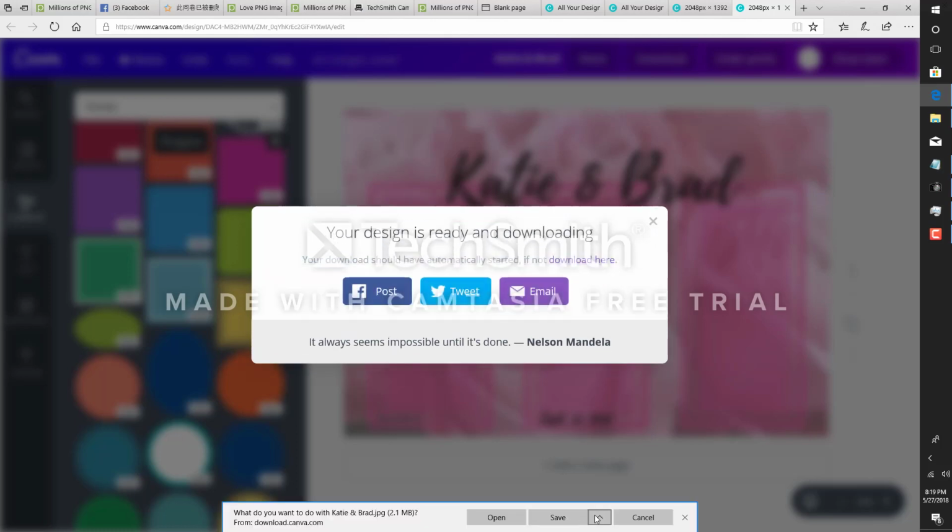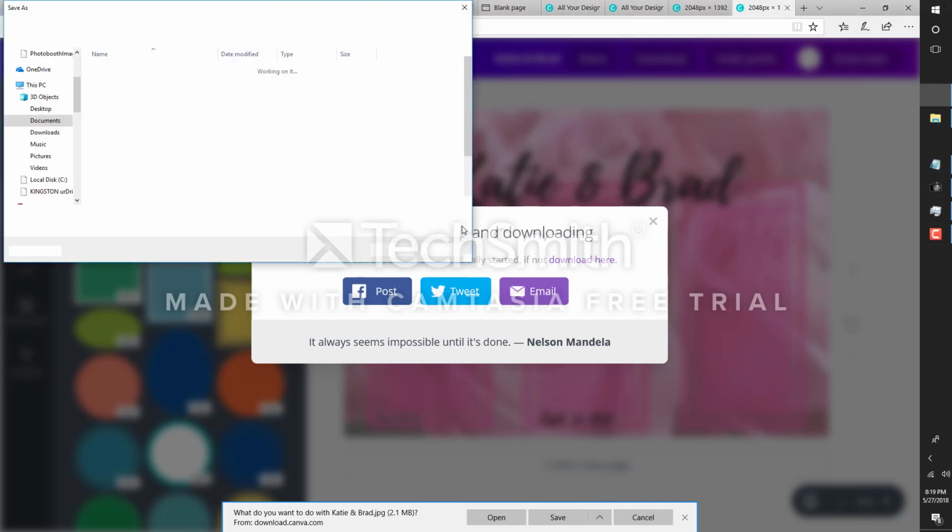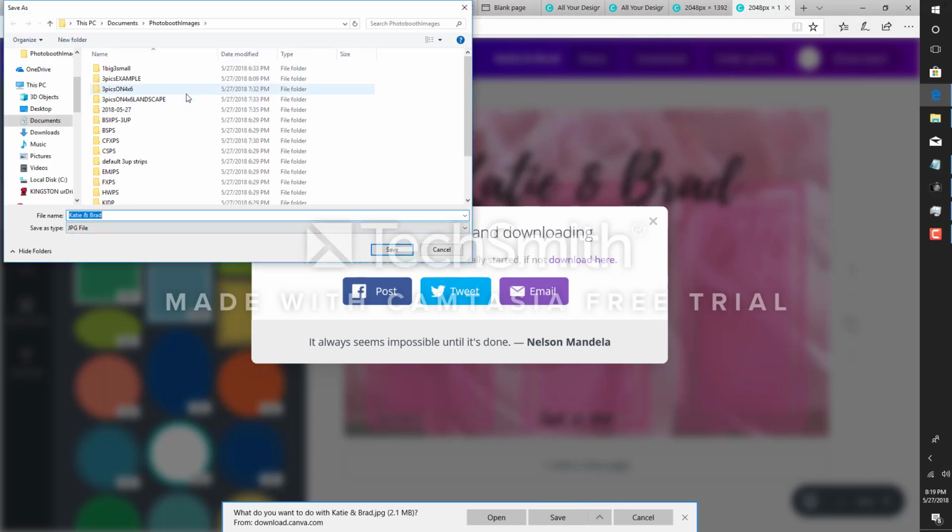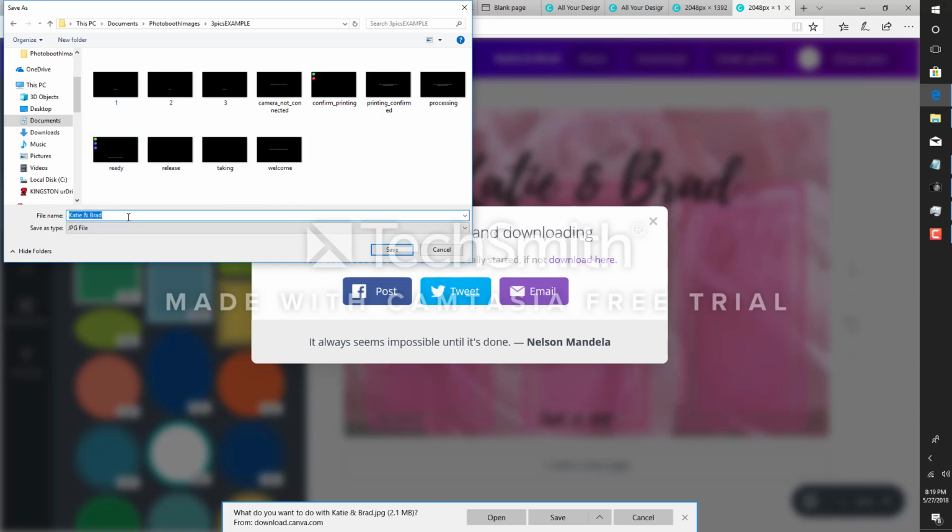Okay, so we're going to go ahead and click on Save As. And we're going to go under our example, which is 3Pix example folder, which was created by the software when we ran the Photobooth Setup Wizard. So again, it's under Documents, Photobooth Images, and then whatever you name the folder, in this example, 3Pix example. Okay, and I'm just going to call this background. Okay, so I'm going to click on Save,